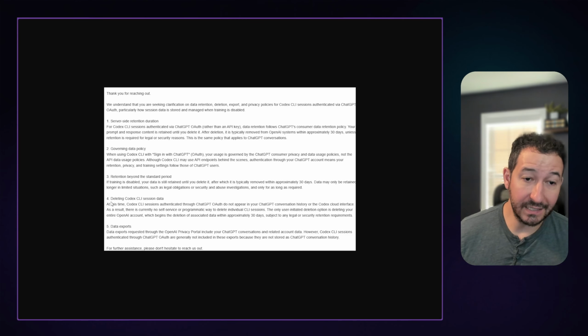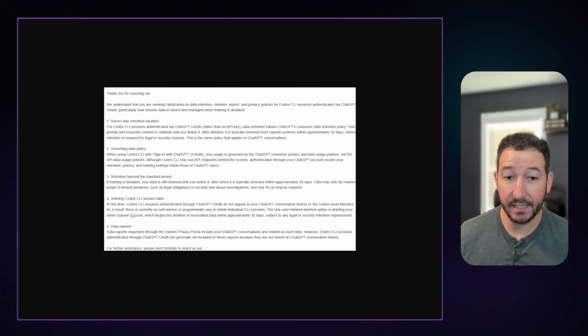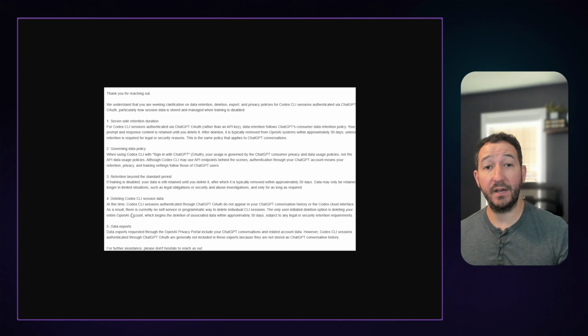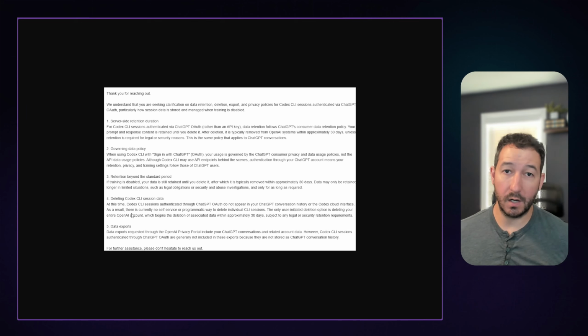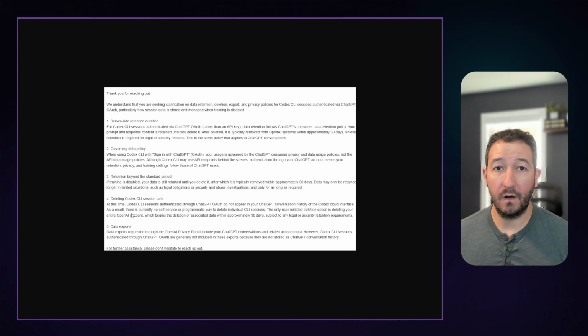Now for the kicker, deleting Codex CLI session data. At this time, Codex CLI sessions authenticated through ChatGPT auth do not appear in your ChatGPT conversation history or the Codex cloud interface. As a result, there is currently no self-service or programmatic way to delete your individual CLI sessions. So that means your Codex via OAuth in OpenClaw, Hermes, VS Code, etc. There is no way for you to delete those sessions, and they are just hanging out effectively indefinitely on OpenAI servers.